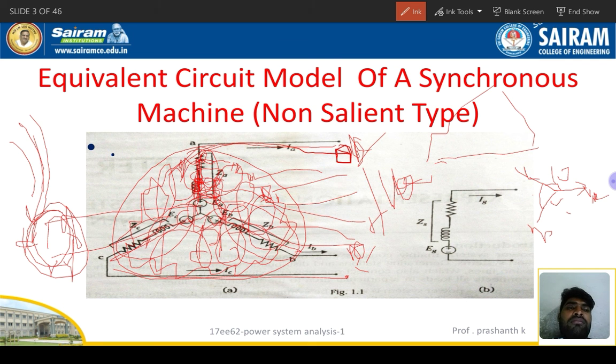Based on the kilometers, we classify transmission lines into three different types: long, medium, and short transmission lines. Next, on the distribution side, there also we are using a transformer. It's a one-to-one connection. And this one is the representation of the power system component of the synchronous generator. There is only one resistance and one reactance. The total is the synchronous impedance, and EG is the generated voltage, and IG is the current for the